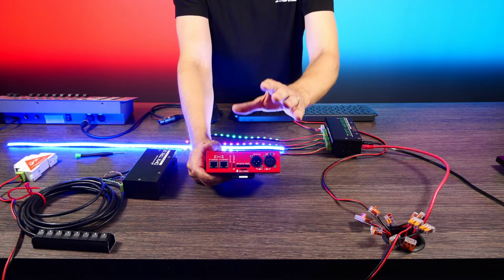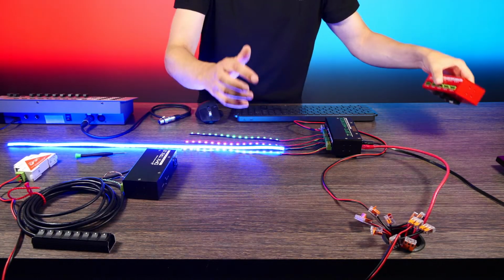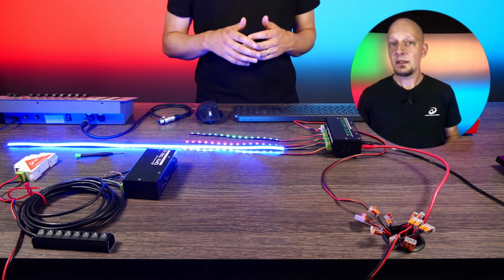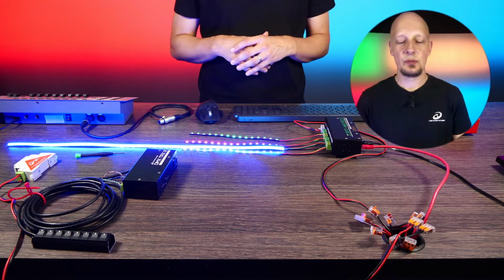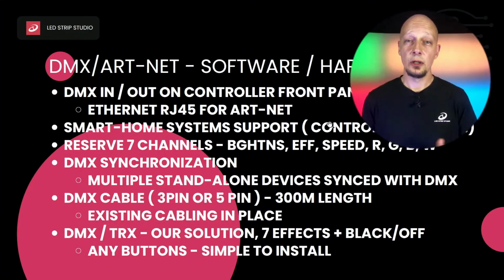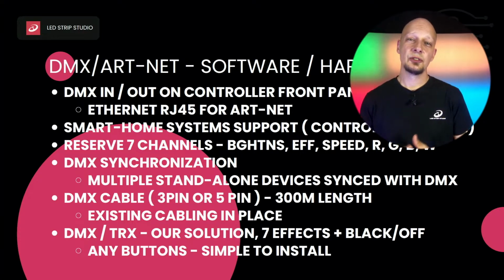A good use case for DMX and standalone would be most probably some smart home installations where you can use popular systems like Control4 or Loxone that all have capabilities to send out DMX,